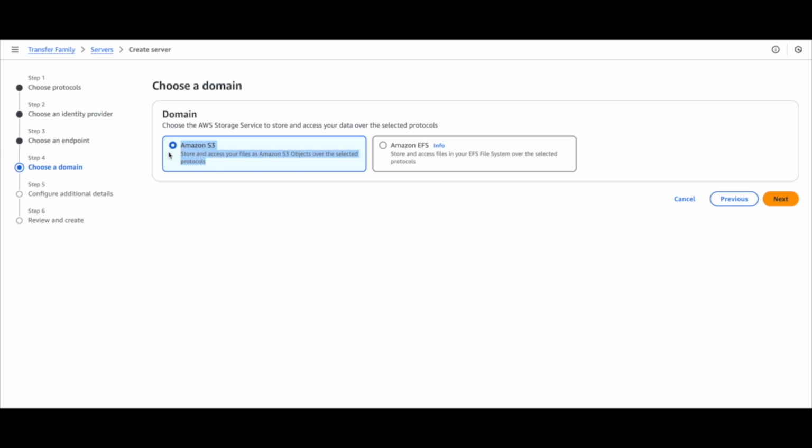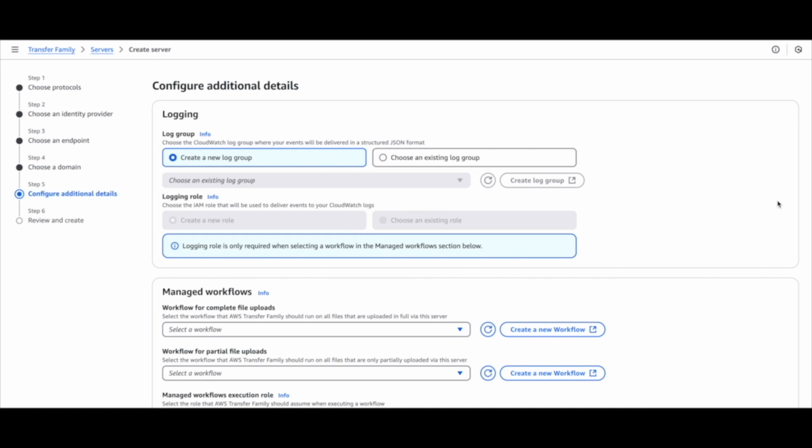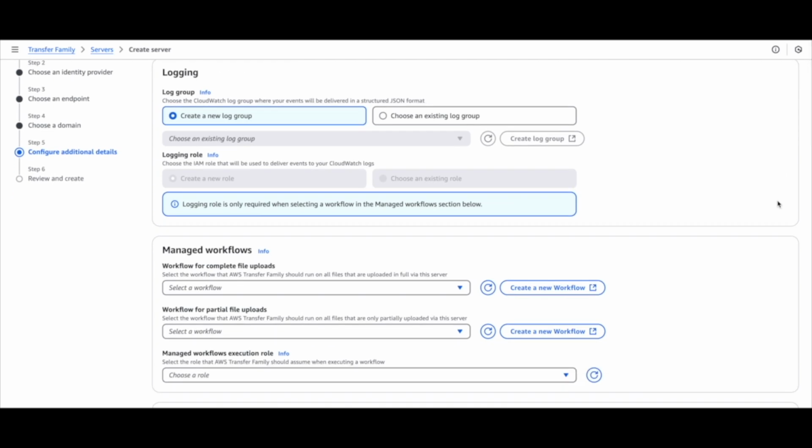So again, sticking with the defaults, leave it on S3 and click Next. This next screen goes over a handful of other additional details, most of which we're just going to leave blank. It's for logging purposes for users who connect to the SFTP server. It'll track that. It also will log things if you want to have events immediately triggered when files are uploaded